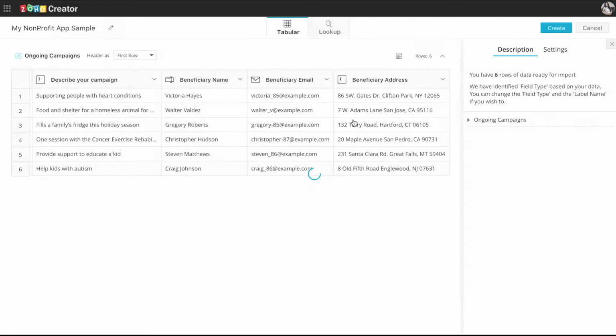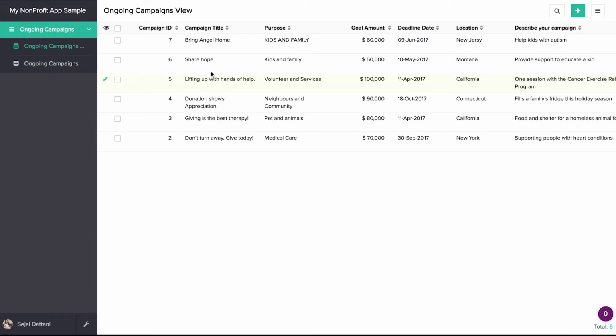Let's access the application. You see that we have a report created here, that is the ongoing campaigns view. That is, all the columns which were there in the spreadsheet are now being displayed here in this list report. We have the campaign ID as our first column.